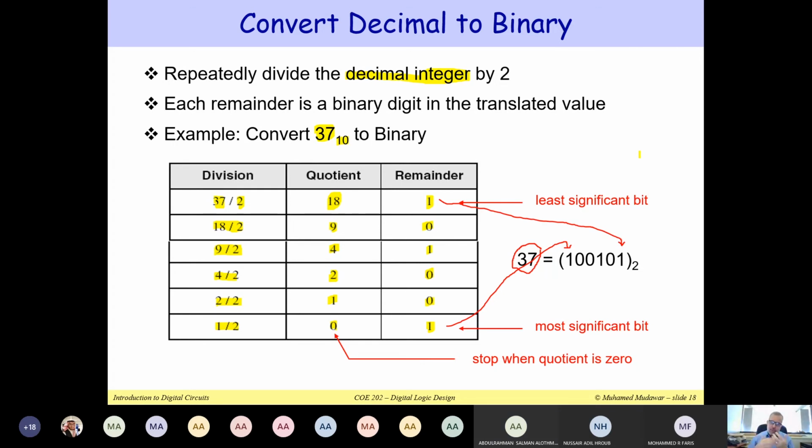So 37. You can say that 32 is close to 37. So you subtract. Okay. And you see when you subtract 37 minus 32, the remainder is 5. So you see that 4 is close to 5. So you subtract, and what is left is 1. So you can say that 37 is 32 plus 4 plus 1, but this will be guessing. Okay, this guessing will work if you are dealing with small integers, but if you are dealing with large integers, you need a procedure, a method that will discover the bits.